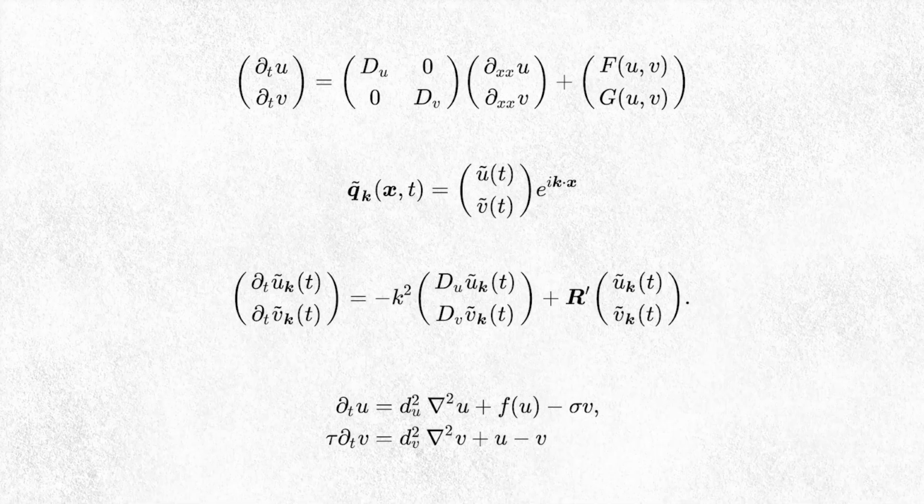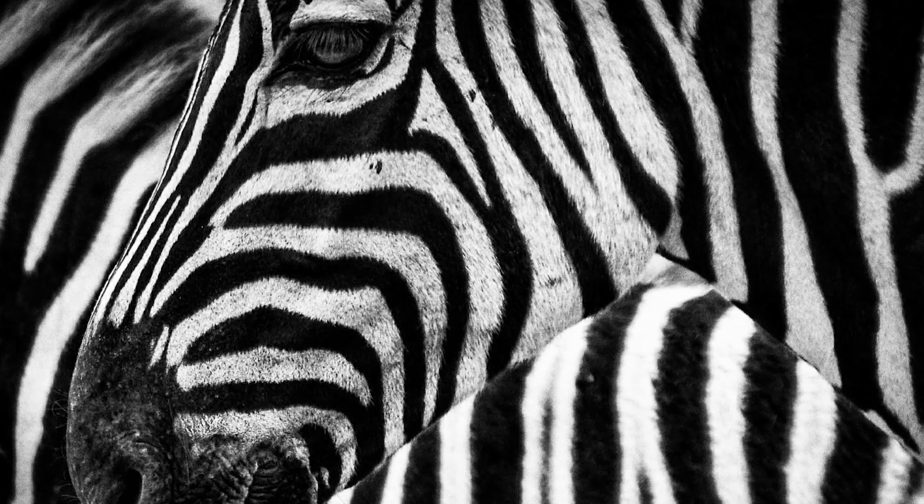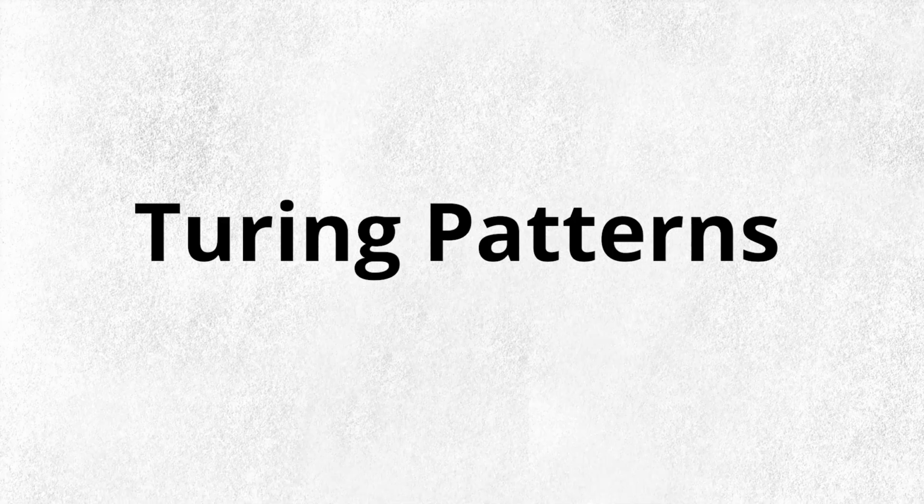Turing's ideas explain many of the patterns we see in nature, such as a zebra's stripes and the way our hair grows in a spotted pattern, and we often call these patterns Turing patterns. Like many of his achievements, it wasn't until decades after his death that Turing's work in biology began to be recognised, and now it's used by scientists all over the world.